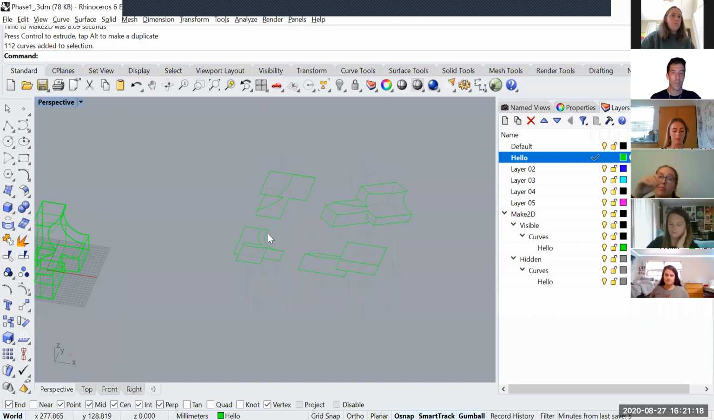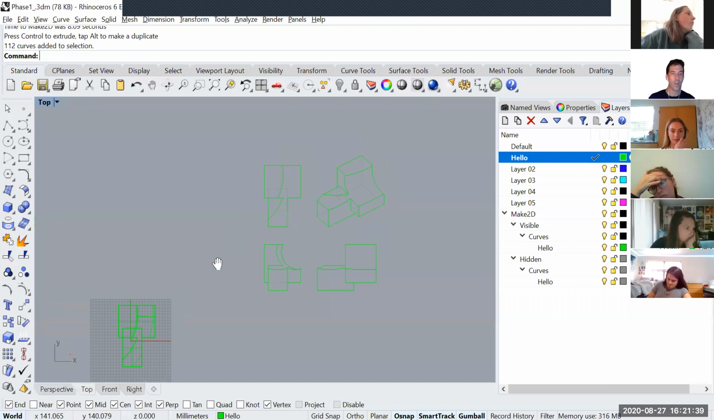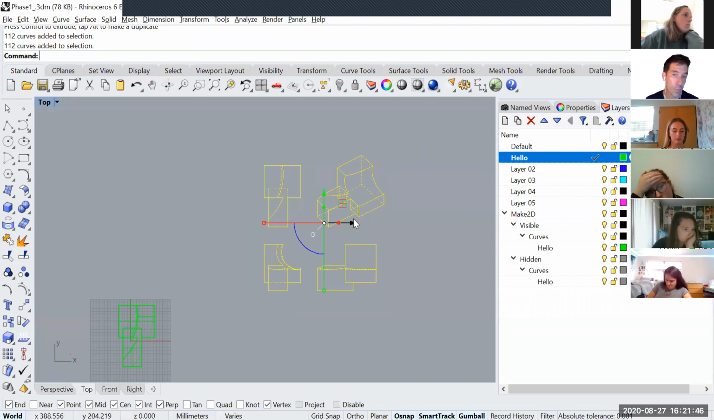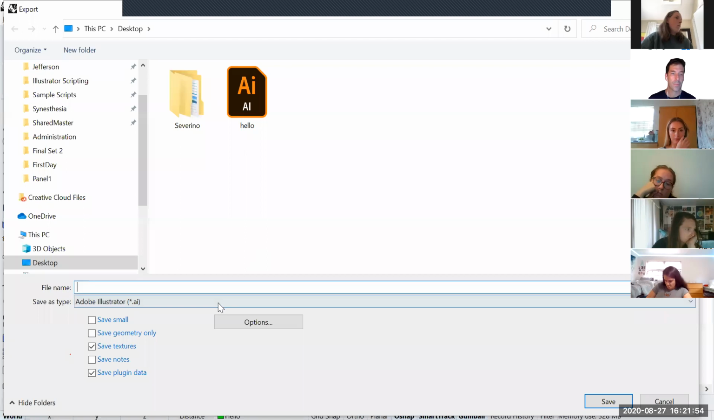Perfect. We have a drawing. The perfect software to work with in order to clean these lines is Illustrator. So in order to take it to Illustrator, we need to first export. Now it's very important that we export from the top view, not from the perspective, not from the front, left, etc. We go to the top view, select what we want to export, which is the Make2D line drawings, and we're going to go to File, Export Selected, and we're going to choose